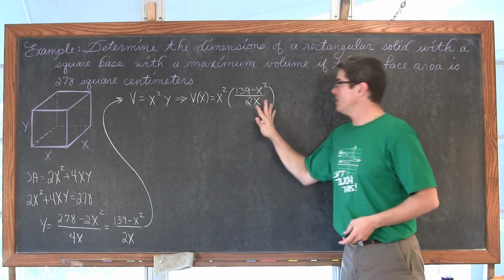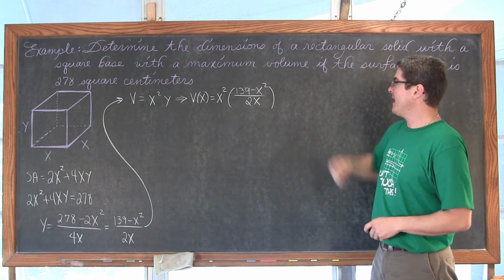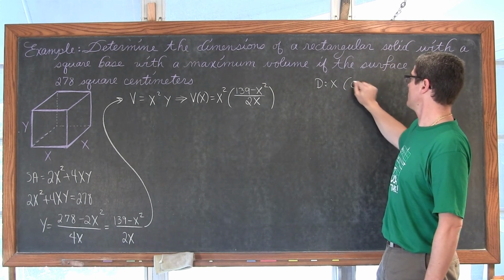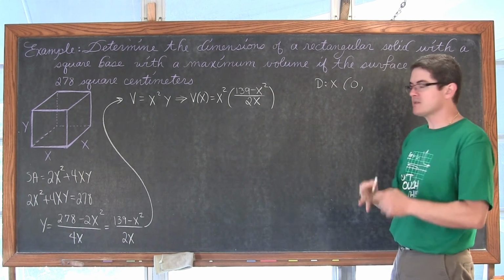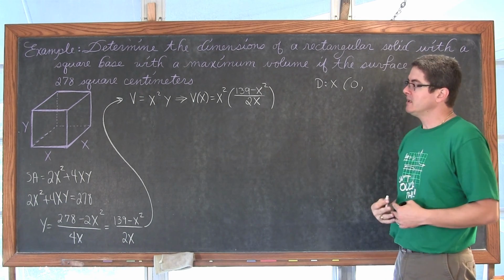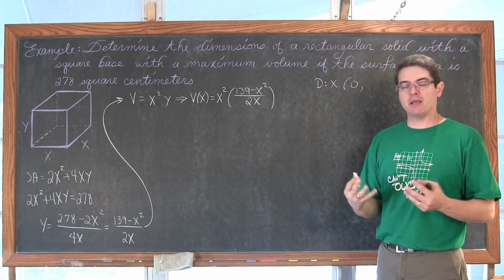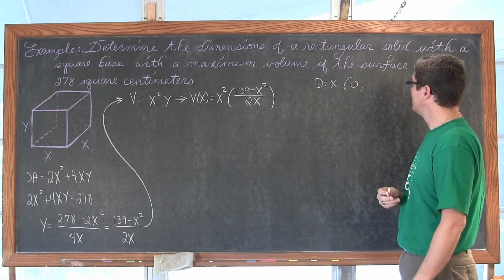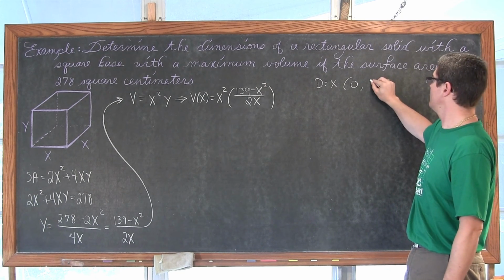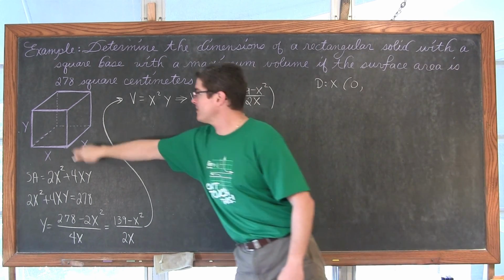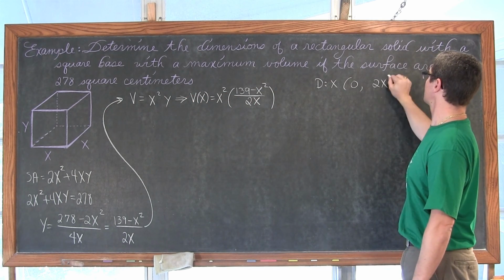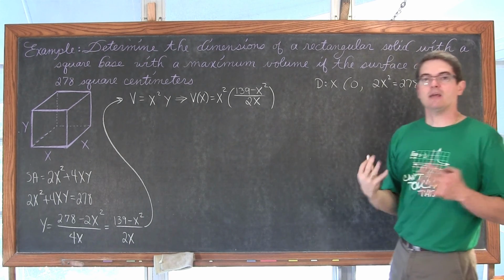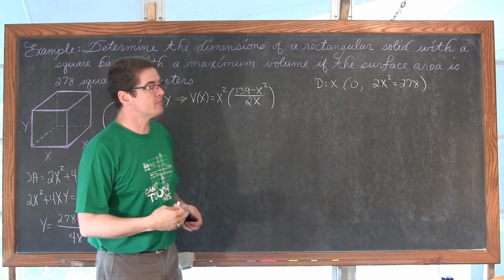So I'm going to, again, pause. We're going to simplify this a little bit. And that reasonable domain for x is going to be from 0. And then what I'm going to do is, again, this idea of letting the bases expand until it takes up basically all of the surface area, which again I don't think is going to be a maximum for the volume, but just to discuss this reasonable domain, we got a bottom and a top, so we have 2x squared. We're going to set that equal to 278 and find out just how big x can get for this reasonable domain.